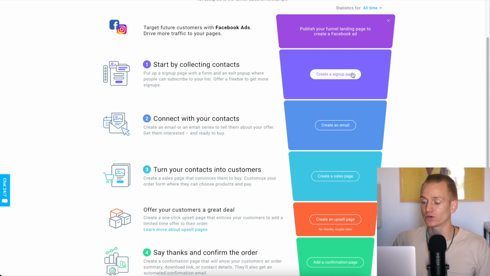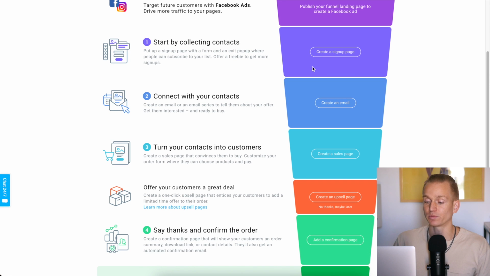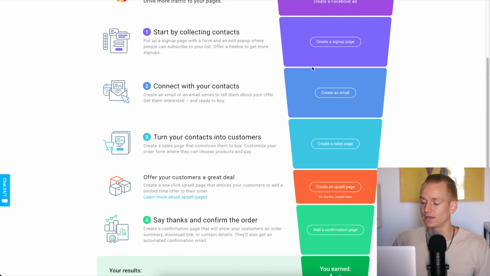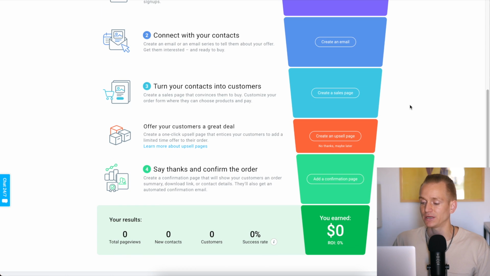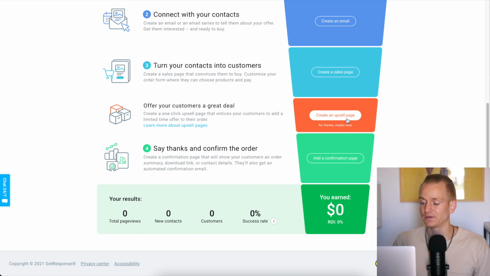We create a section where you can create a sign-up page, create your forms where people put in their email. Then you create the emails that you're sending out, and you're creating basically your sales pages where you're sending people to, and then you can create even an upsell after your first sale.